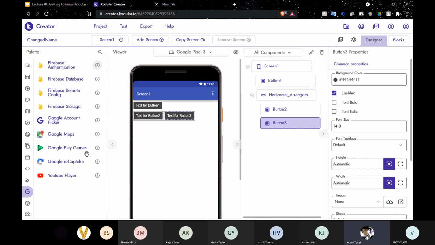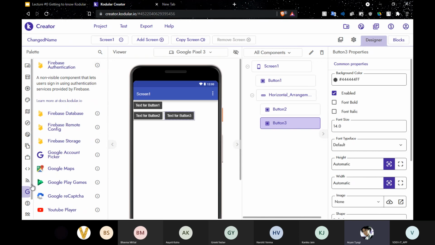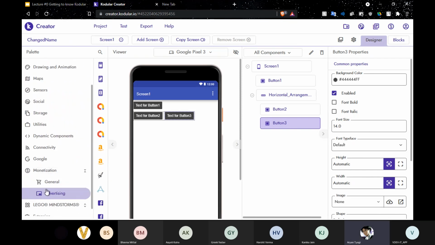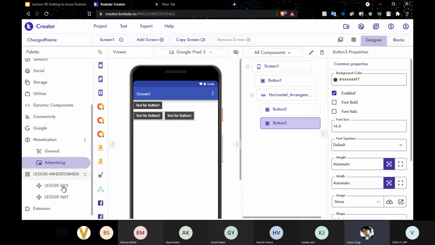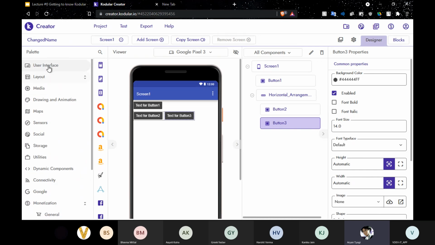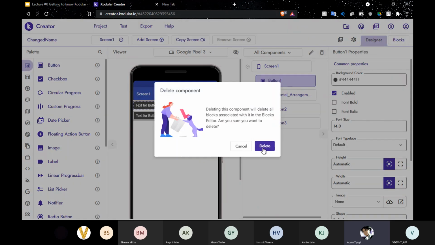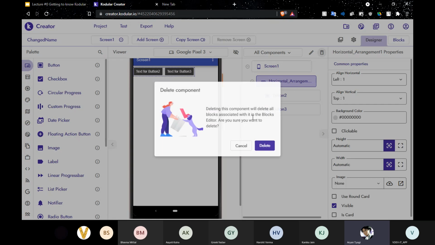Then we have CAPTCHA, we have Google Play Games, Google Maps, YouTube. I'm sure you must all be familiar with that. Now monetization, if you want to monetize your application with advertisements, that's how you can do this. Then Lego Mindstorms. Now this is something which won't be really possible during the online sessions because this is a physical hands-on experience, like the Lego Mindstorms kit you must have heard about. You can build different robots and you can program for them. So for now, if I try to explain everything to you in this theoretical manner, it might be a bit confusing. So I will try to show you how to make a small project.